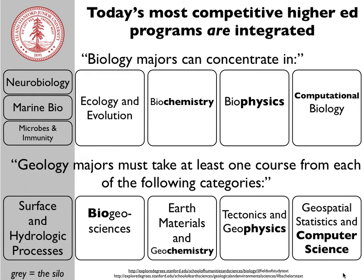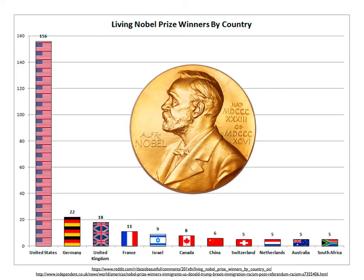Now, I admit that not every university has moved towards this level of innovation, but the top institutions are starting to look this way, and it's only a matter of time before the rest of the world follows along. We can discover another motivation for going towards an integrated model by looking at a different data set. This is living Nobel Prize winners by country. And you can see that the US has been producing many of the greatest thinkers that are alive today, hands